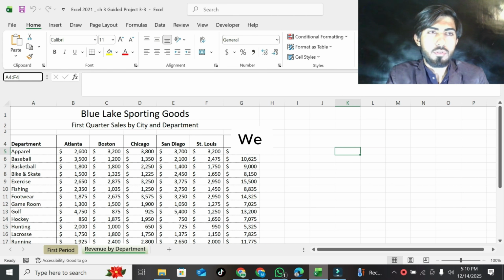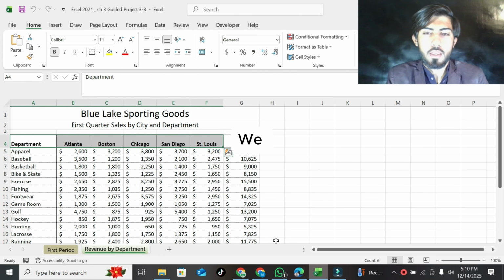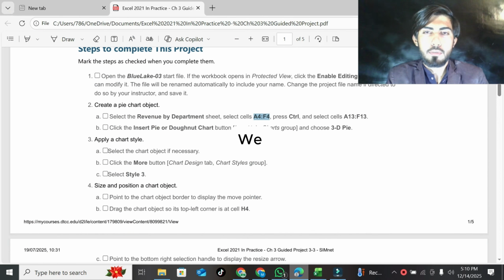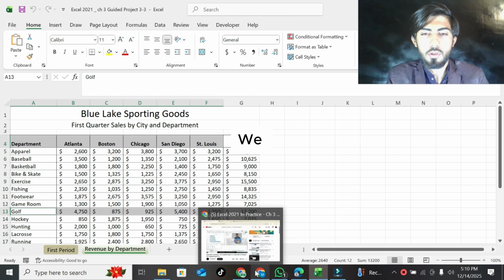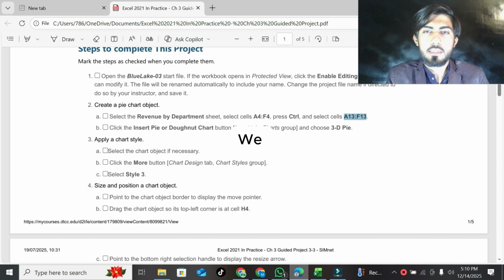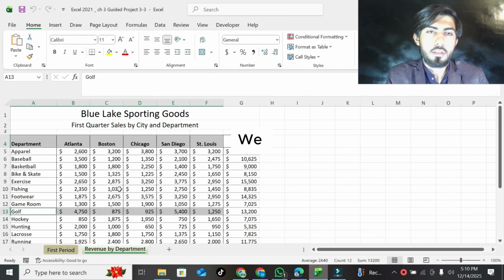Select A4 to F4, and press Ctrl and select A13 to F13. These two ranges are selected, A4 to F4 and A13 to F13.